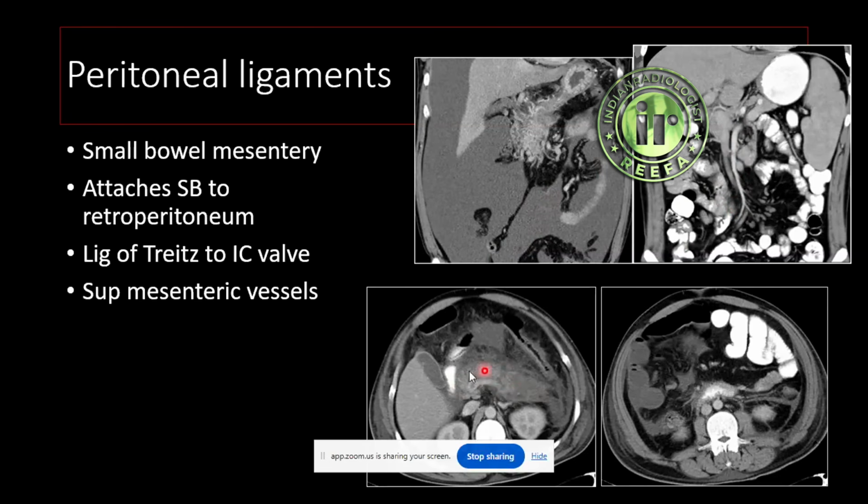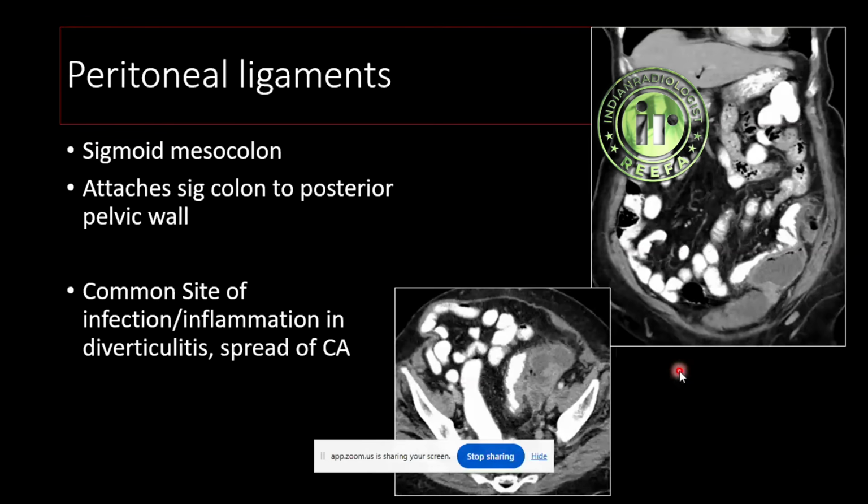So this is an example of a patient with pancreatitis, and you can also see that there are some mesenteric collections there. That is because of the proximity at the level of the uncinate process of the mesentery with the retroperitoneal space. The sigmoid mesocolon, we saw that it borders the left infracolic space.